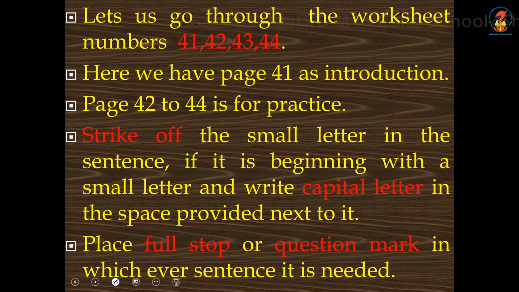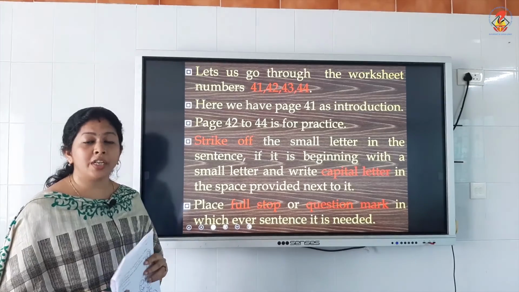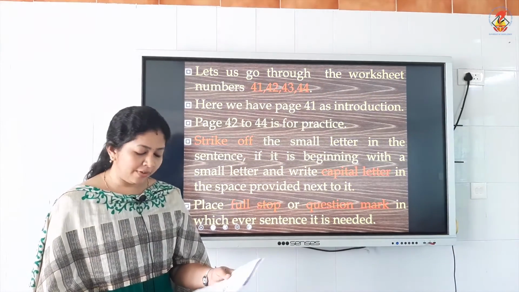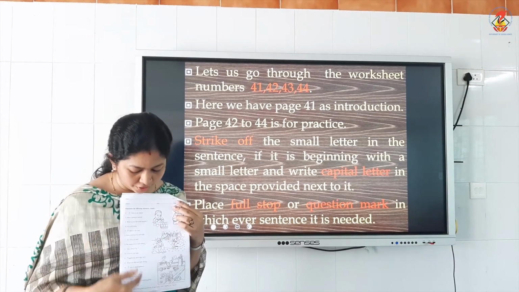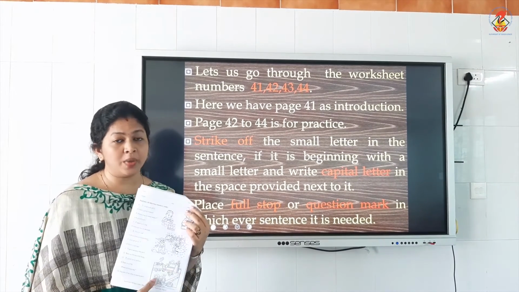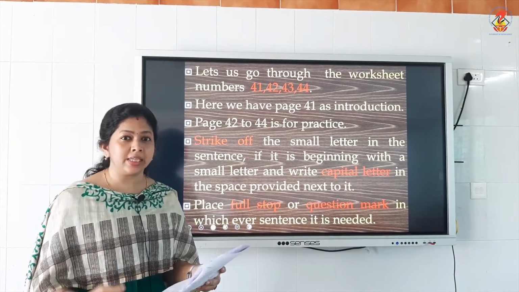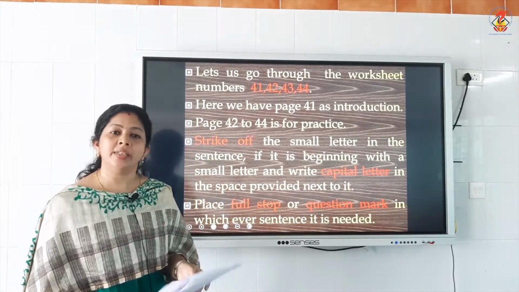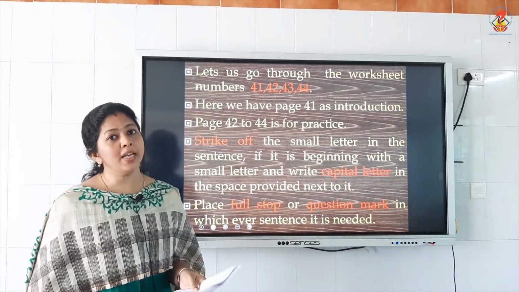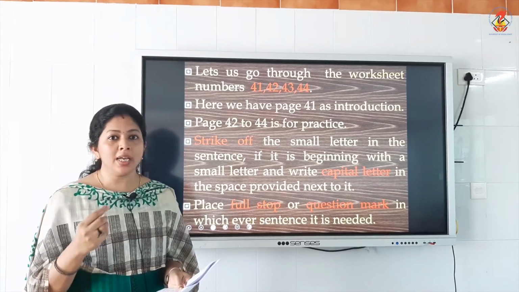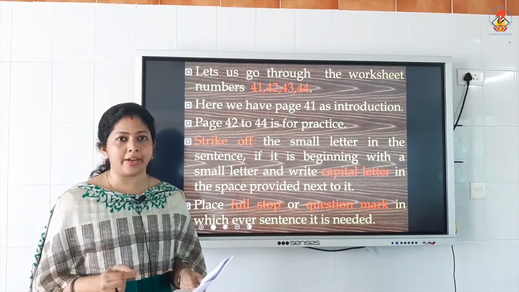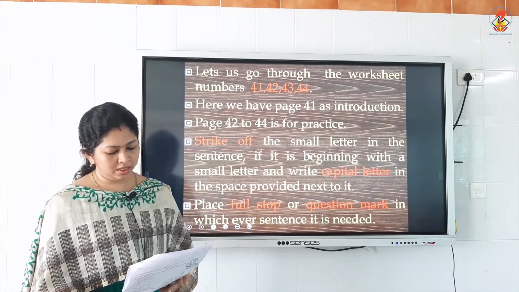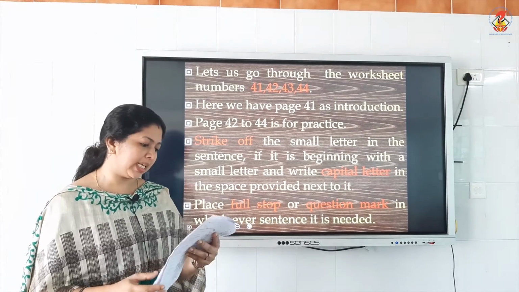Okay, now turn your worksheet, take to page number 42. Okay, so before that I have to say something, that is, we have lot of exercises given here on page number 42. We have, I think, 16. So we can't go through all the sentences and write everything in detail. So some will be taught in the class and the rest you have to do by yourself, and parents have to go through and check whether your child has written correctly or wrongly. You have to evaluate your child's sheet. Okay, so now I will go through some of the exercises here.